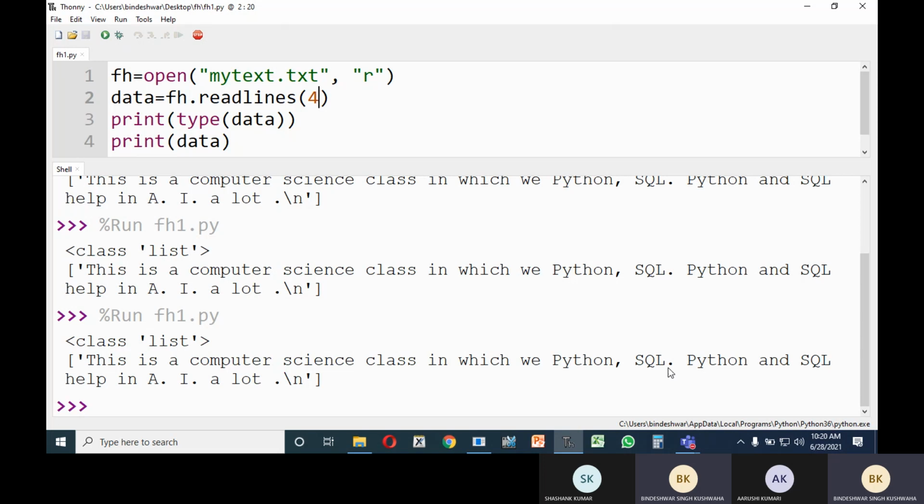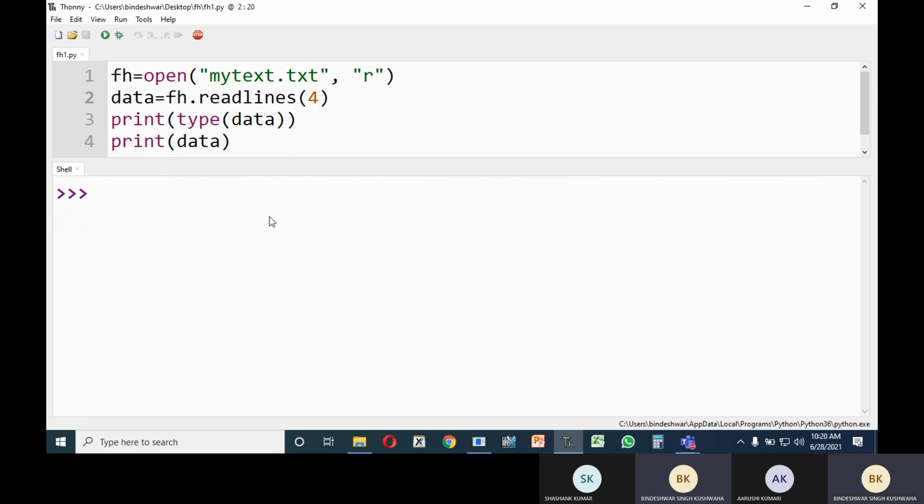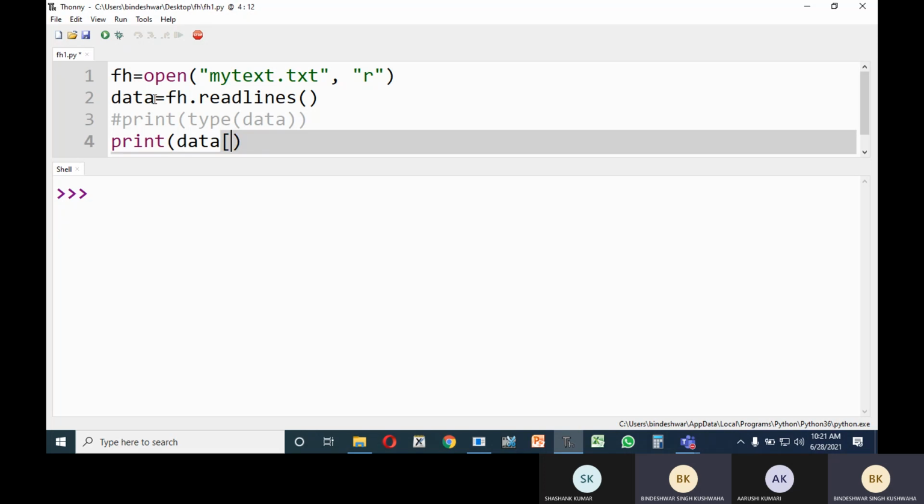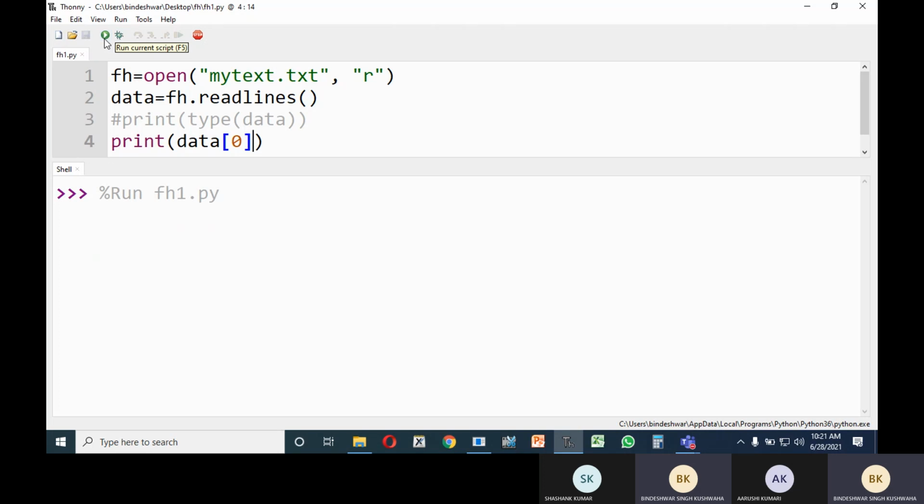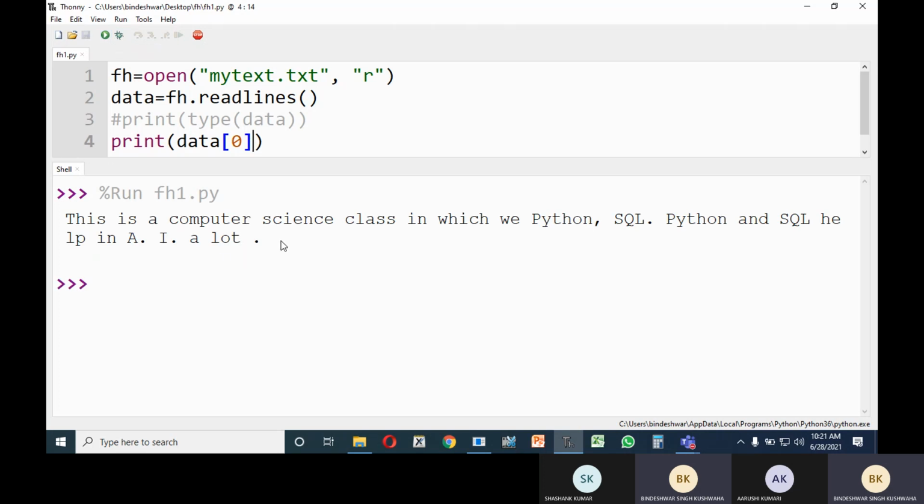Interesting thing is that I will explain that later. See that if you want to read only the first line, another method is that data is actually a list, so you can use data 0. This should be the first line, I think. You can see that.